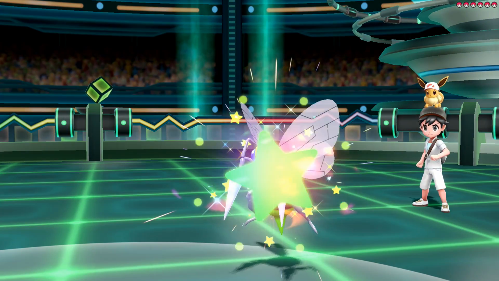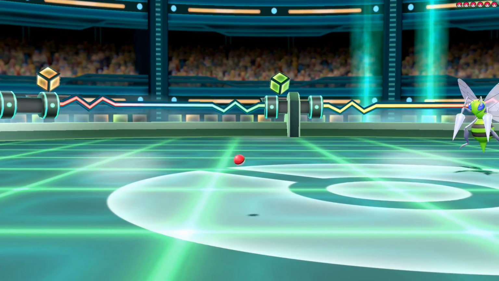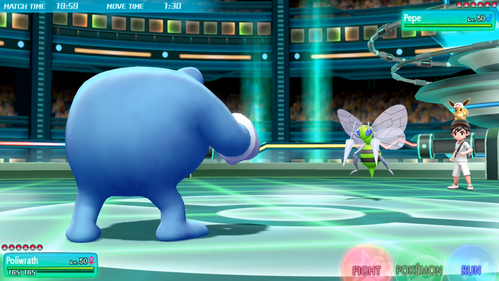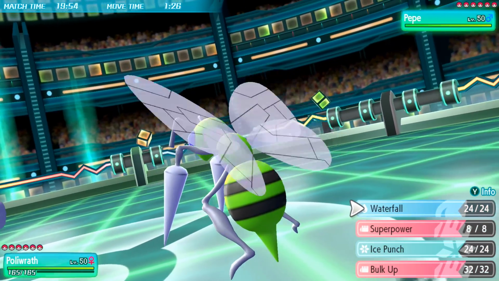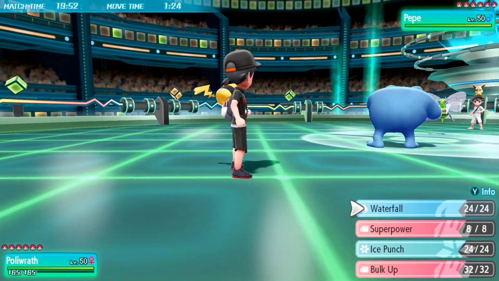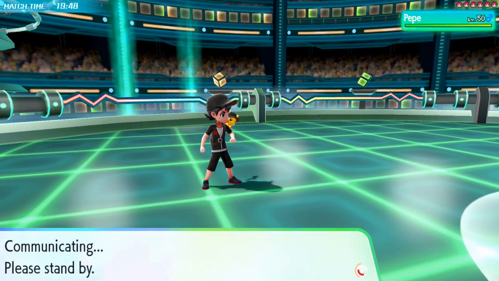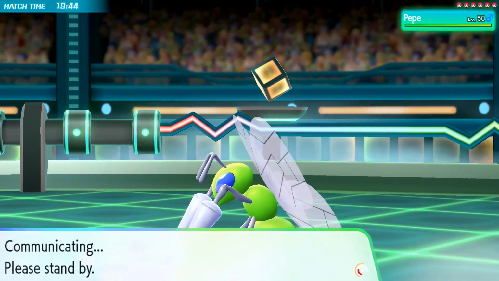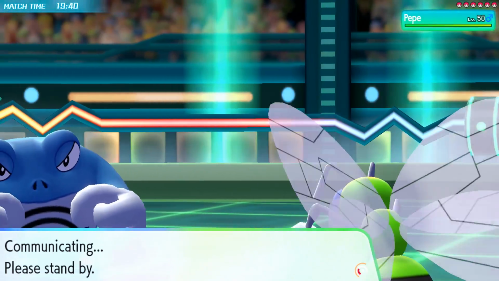They lead off a Beedrill. So this means one of two things. One, they're more than likely going to U-turn into Vaporeon, which I'm okay with because I want Vaporeon to be weakened. And two, they definitely expected me to lead off with more than likely Marowak, so they can U-turn into Vaporeon as well. Which is the same thing, but I get more out of this turn by staying with my Poliwrath and going for Waterfall. If they opt to stay in and go for Poison Jab, then that means that I can...